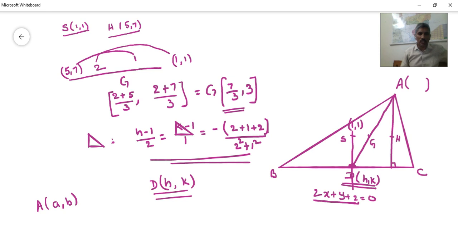Once we got the coordinates of D, we don't know the A point. Let us say the point A is equal to (a, b), and we got G, and just now we got D also, right? You know, centroid divides each median in the ratio 2:1. With the help of that we can find out the coordinates of A, because here we know the centroid. D coordinates we got with the help of the foot of the perpendicular formula, by using the section formula, because centroid divides each median in the ratio 2:1. We can find out the coordinates of A. Okay.